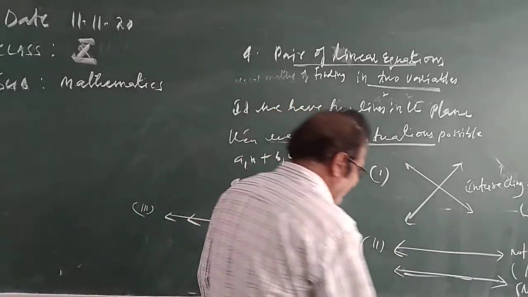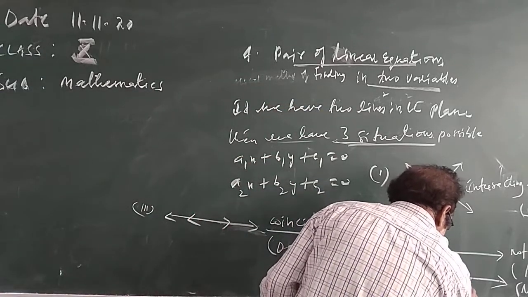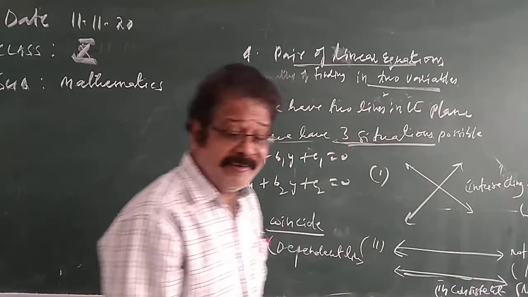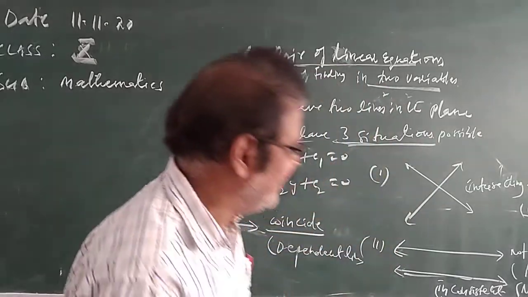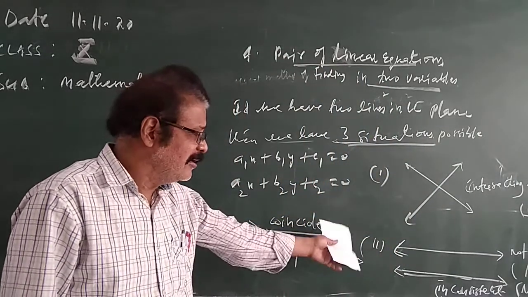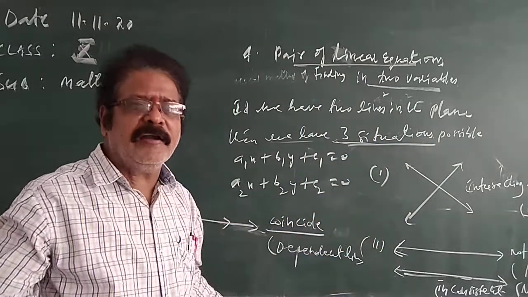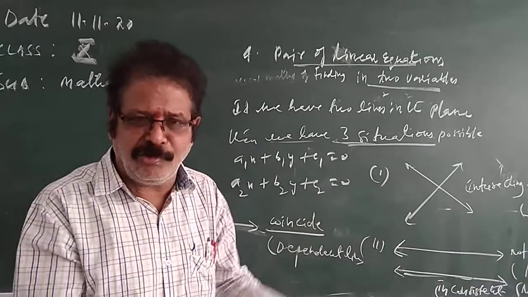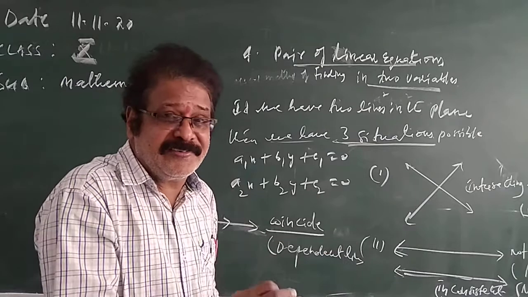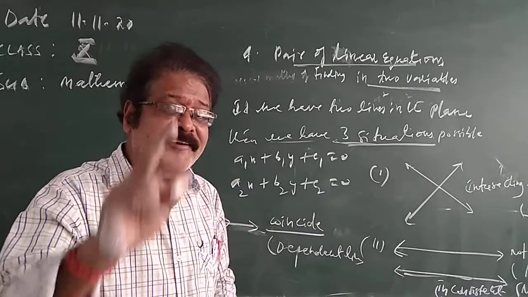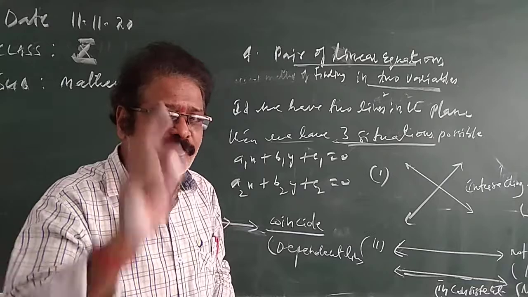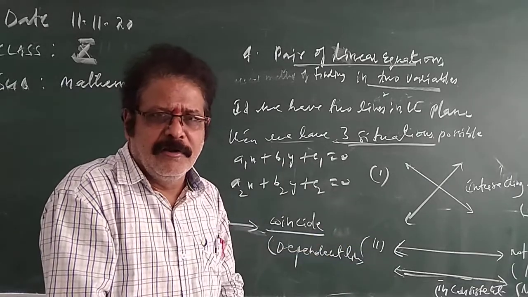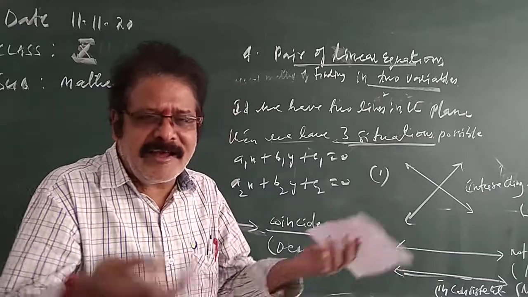No solution means inconsistent. How can you say that? If they are not intersecting, that means parallel lines. Parallel lines mean no solution. No solution means inconsistent. When they have a solution, we call it consistent. If we have the solution, how can you say so? When they intersect, we have a unique solution. When they have a unique solution, they are consistent.